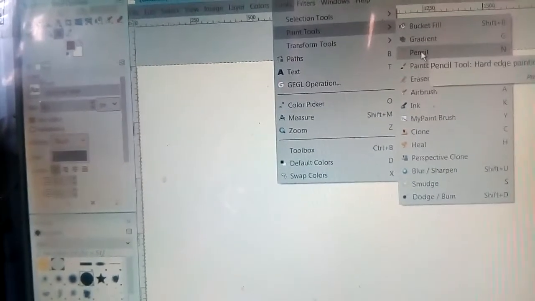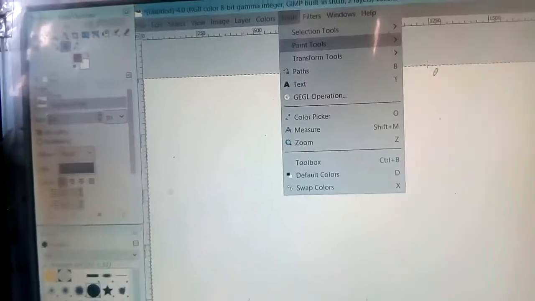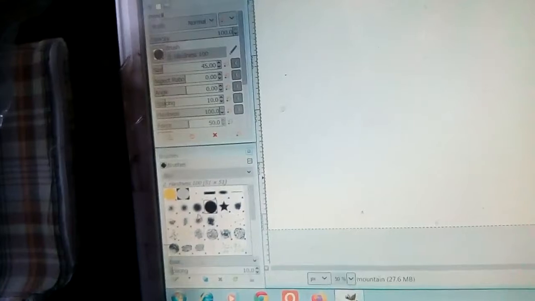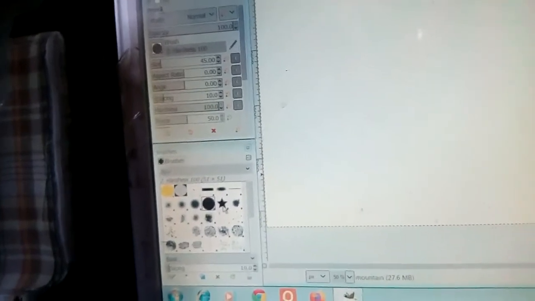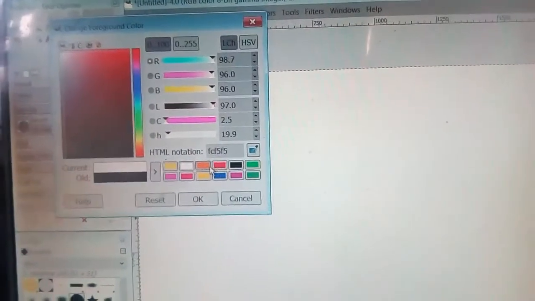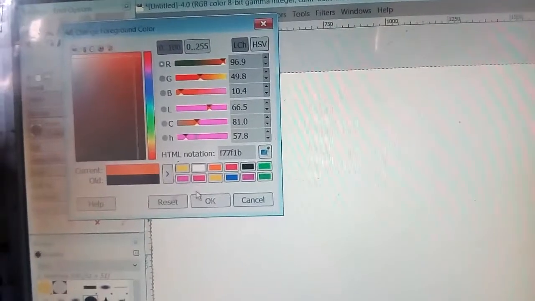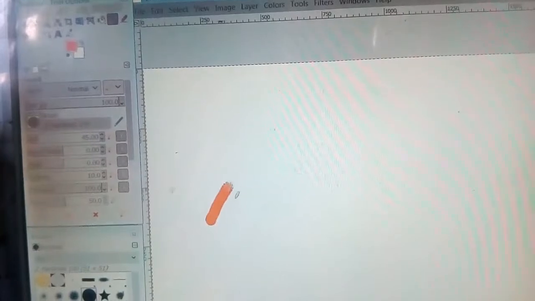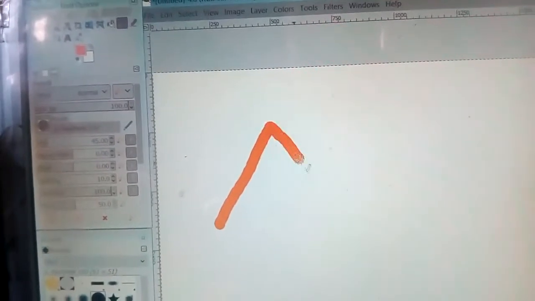Suppose you want the pencil tool, then select the pencil tool from here, and then which width of pencil you want, you can select from here. I am changing this color because black is not the color of a mountain, so just double click here, select the mountain color from here, and then click on OK.